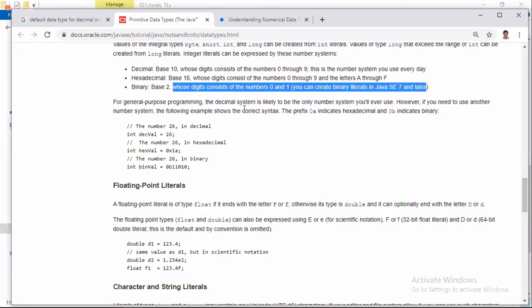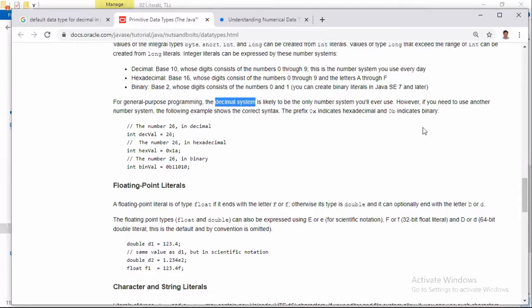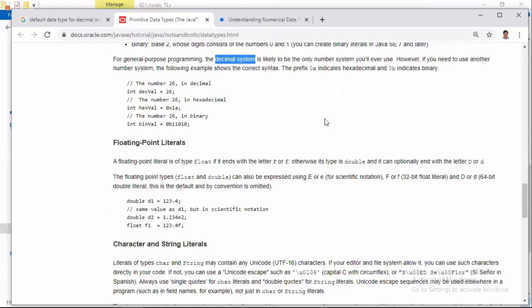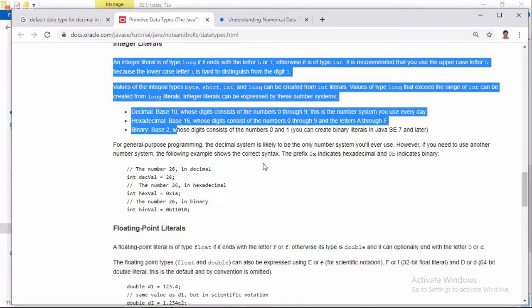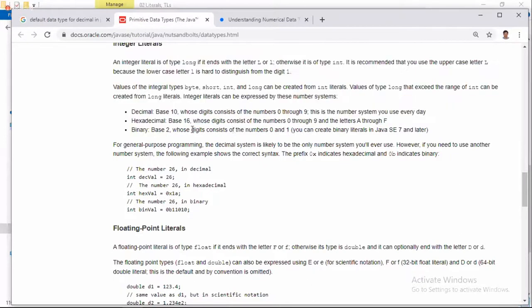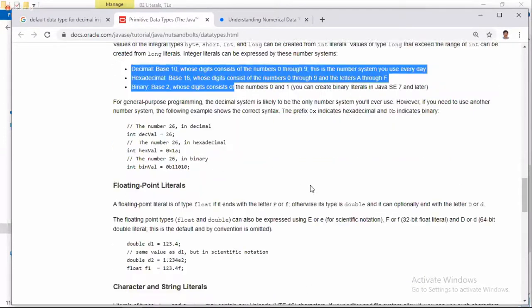In general-purpose programming, the decimal system is likely to be the only number system you will use. However, if you need to use another system, the following example shows the correct syntax. The prefix 0x indicates hexadecimal, 0b indicates binary. But why did these people not mention octal here? I don't know why. They forgot to mention the octal number system.